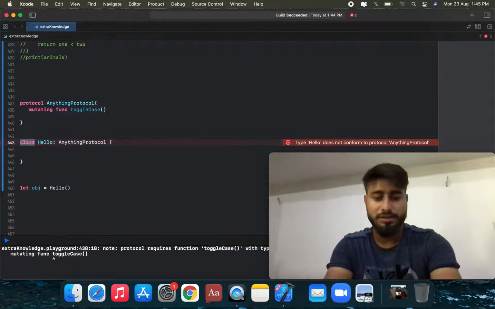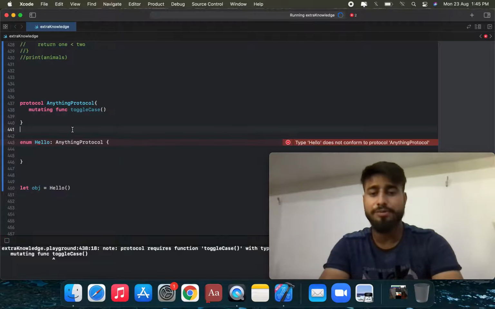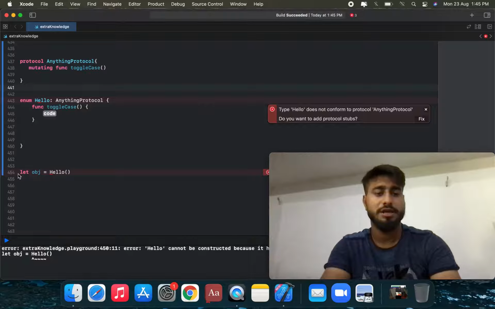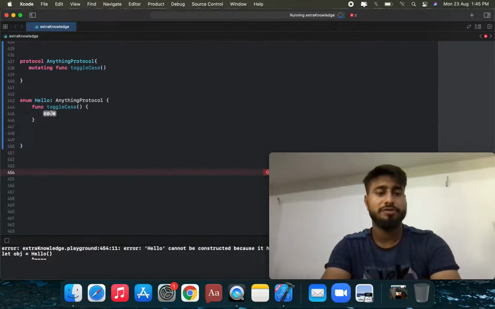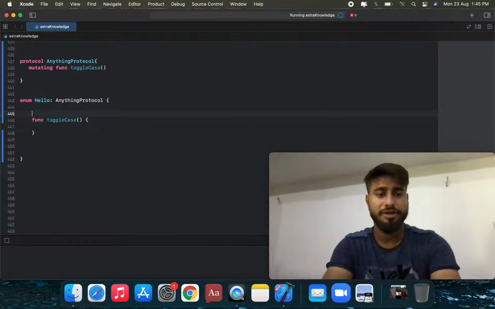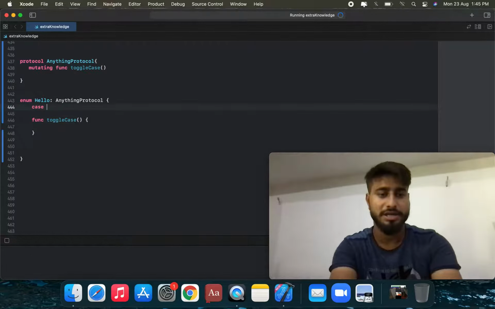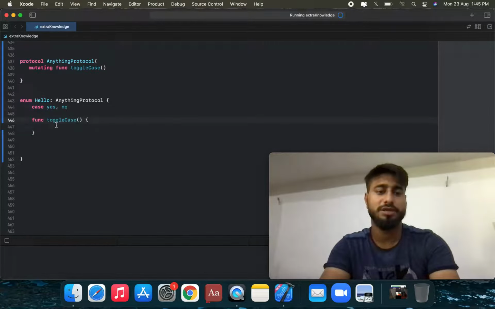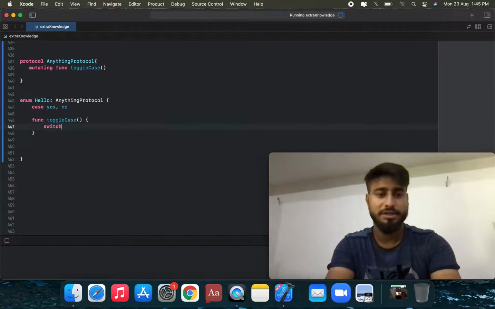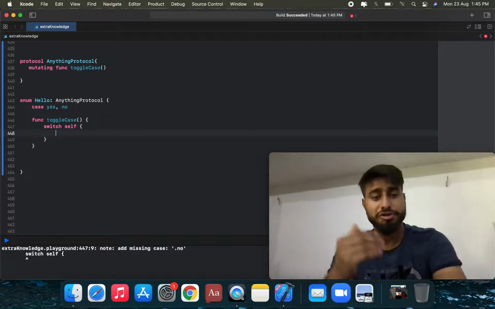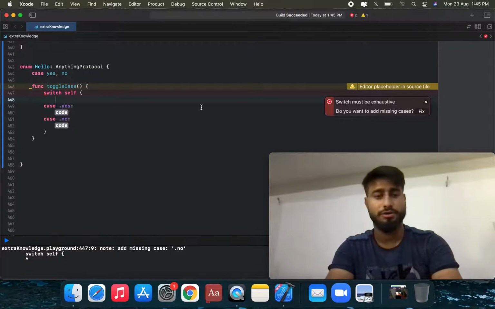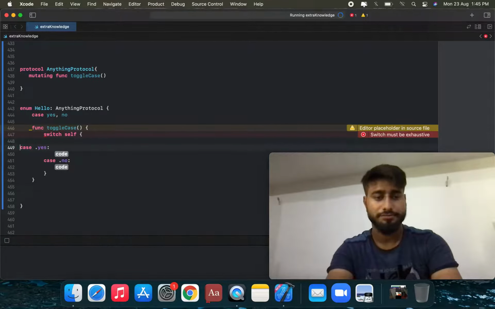Suppose, not in this class, suppose we use an enum. Okay, in this enum we use this method, so we can add this functionality, and this is the add-on functionality, and remove it on this object. So we add this functionality in the switch toggle method. We can use an enum with two cases, yes and no, and we add only these two cases. So we're gonna apply a switch statement. In this switch self, we're gonna apply switch self. Okay, and we're gonna add the exhaustive cases yes and no.